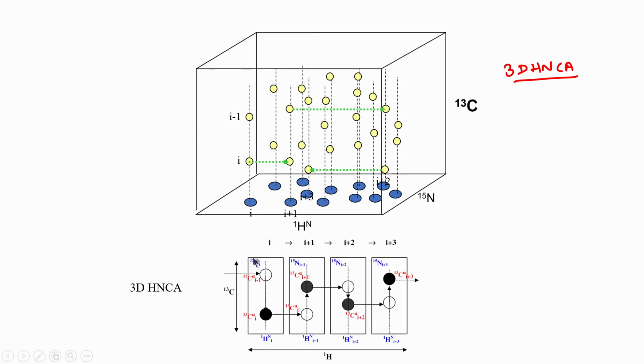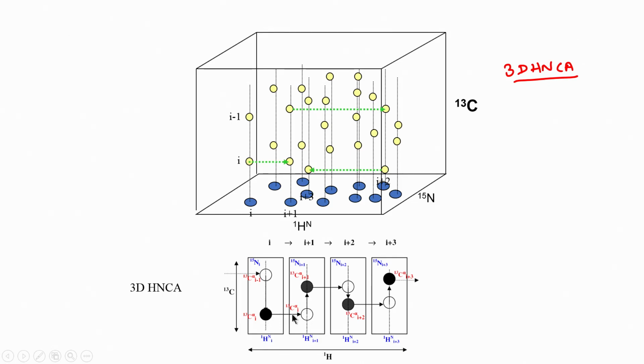So you can see this is how the connectivity is shown in this picture. This is a strip plot format. For a given NH and amide proton pair, I will get I and I minus 1. Here we have shown a filled circle for I and an open circle for I minus 1. Remember, this distinction comes from HNCOCA, which is not shown here, but I am assuming that we have recorded an HNCOCA, which we have already looked at, and based on that we know which is I and which is I minus 1.